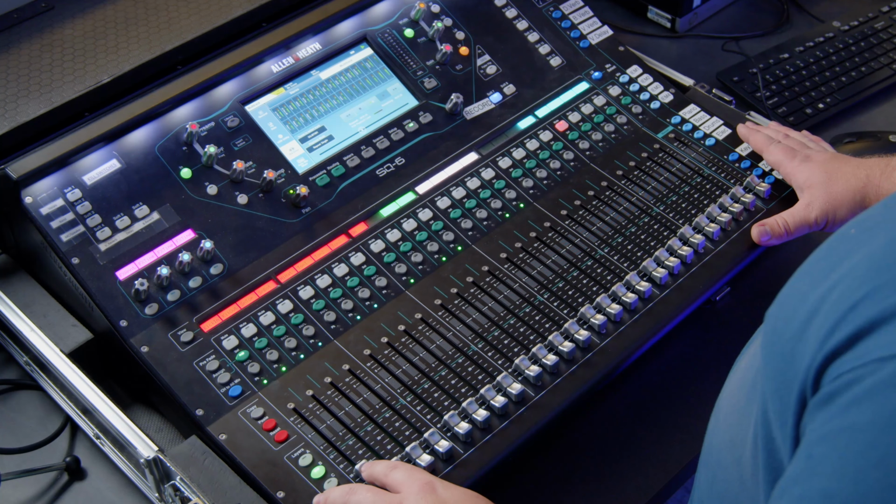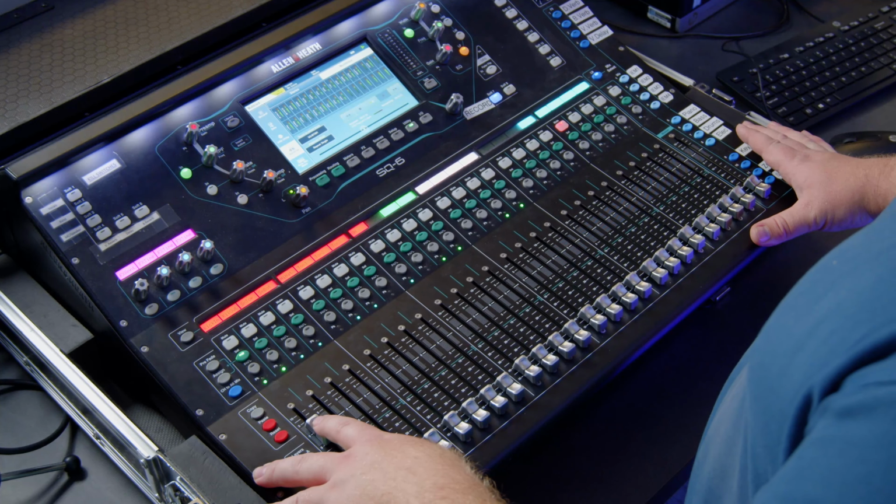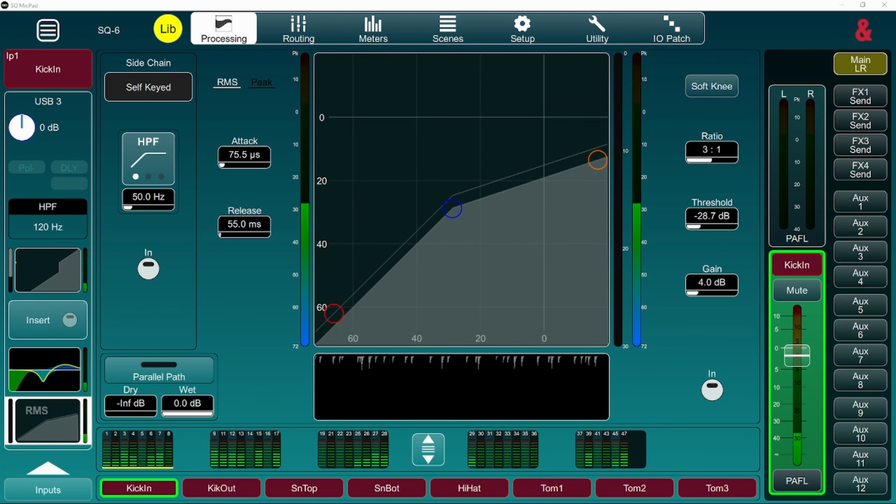So I have some tracks playing here. We're just going to jump in on a kick channel because that really helps emphasize what the sound is like. So here's the kick channel without any compression on it. So that channel just has a little bit of EQ done on it already, but there hasn't been any compression